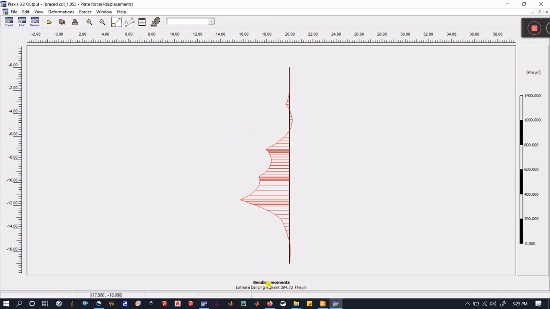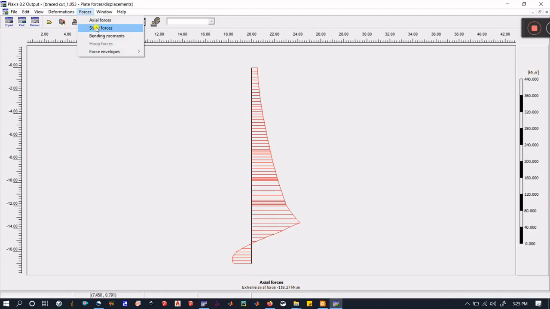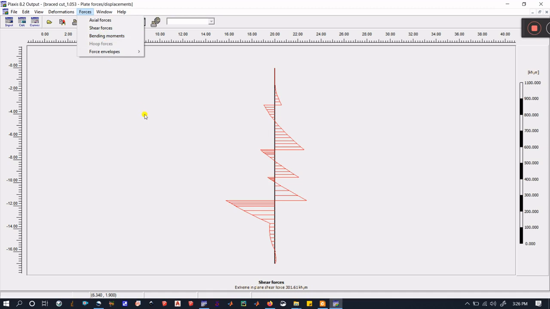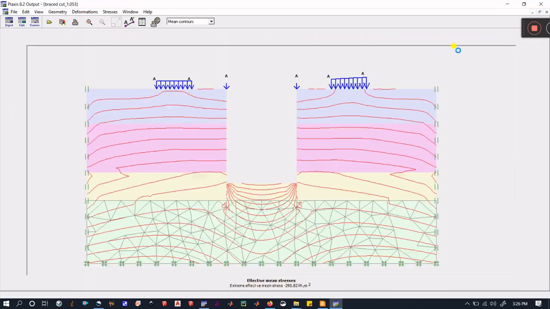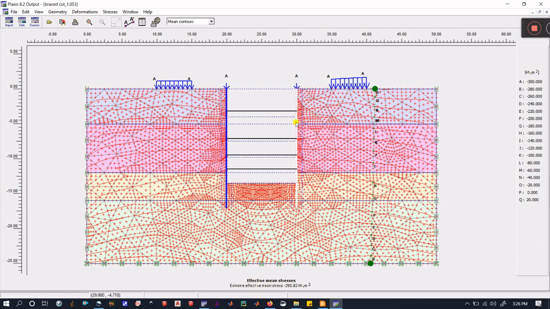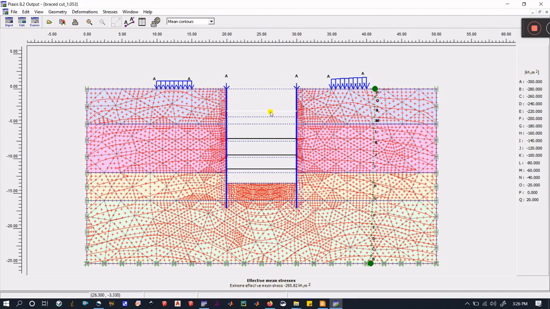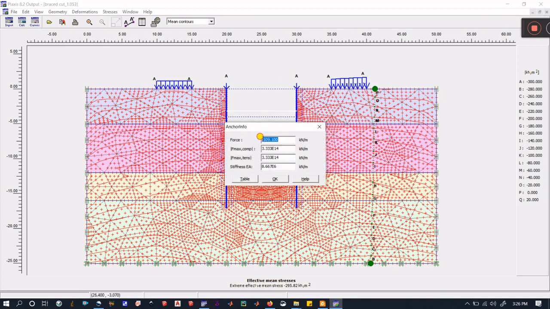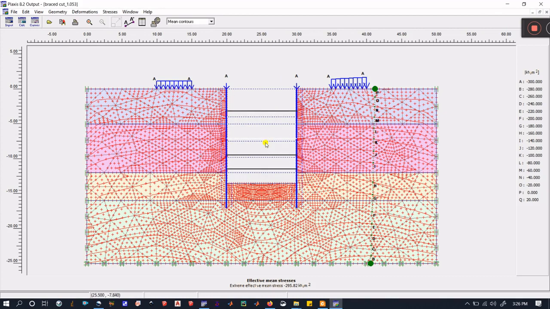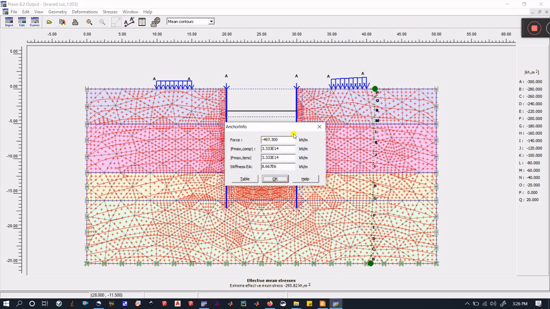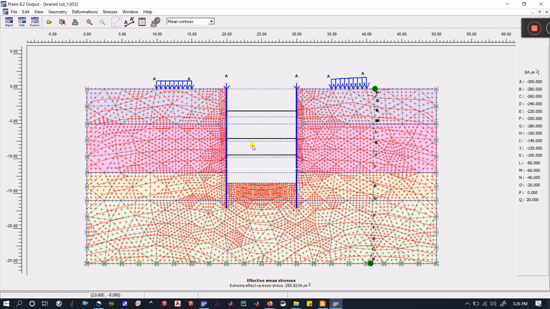Then what else is there is we have provided this diaphragm wall. So if you double click on this one, then it will show all the properties for the diaphragm wall. This is bending moment, and then axial forces also, and shear forces. And then if you want to see the forces on a strut, you double click on it. It will show what the forces on these struts are, and you can do the same for every strut. At each level you can check how much force it is subjected to at the end of our analysis.